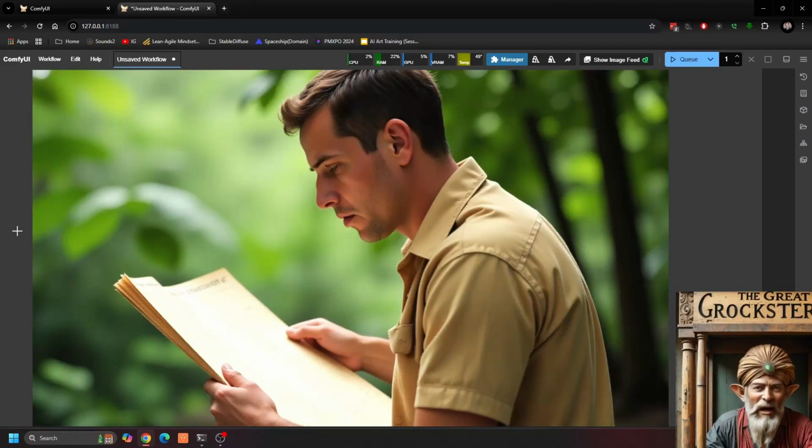Hey everyone! Today we're going to be covering the newest interface within Comfy. Yeah, I know it's taken a little while for me to get onto it, but it's really amazing. So I'm going to talk you through it, and I think it's going to be a new routine for you going forward. Also, we're going to start getting into all the amazing new Flux tools that were just released, including